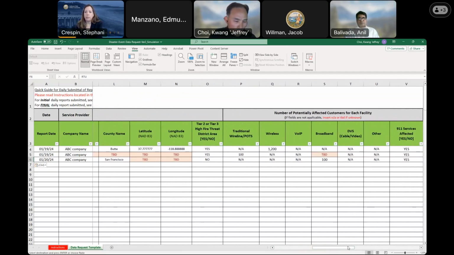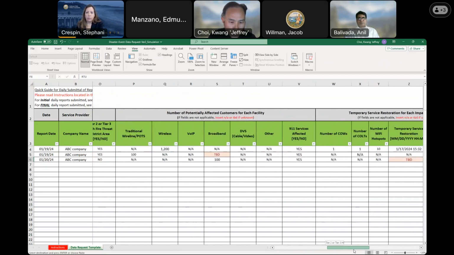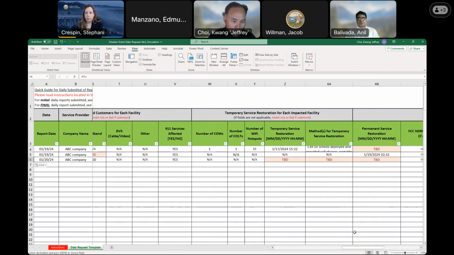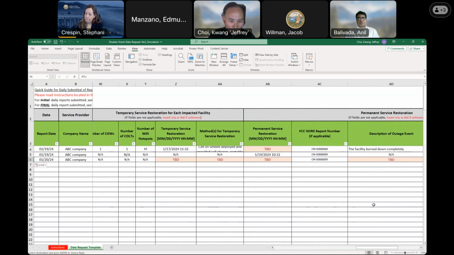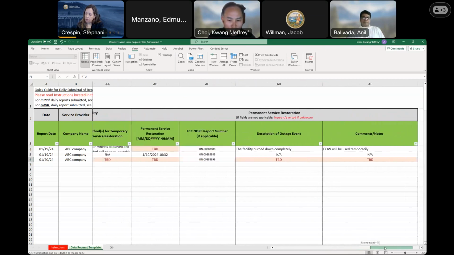And also, you can put the impacted customer number, and then the temporary solution, if you don't know, maybe it is not determined, you can put the TBD, and then TBD also. And then put the FCC NORS report number.